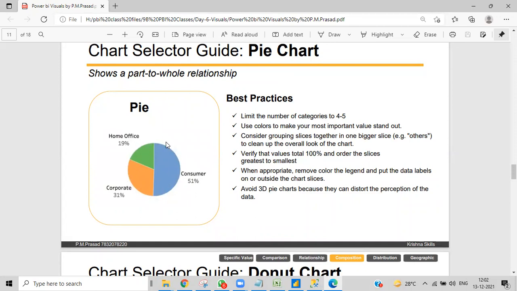So in the total budget, how much part, or how much sales has been done in this particular category. This is called part to whole: how much part in the whole thing. That is why this video has a couple of visuals to show. It's not like we'll use only some options; we'll use them as per the requirement. If they ask to show in this manner, then we'll use this one.